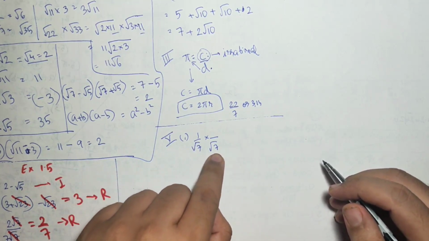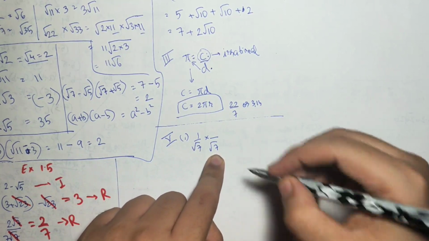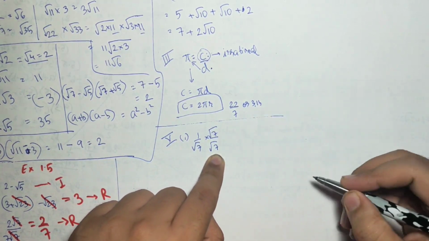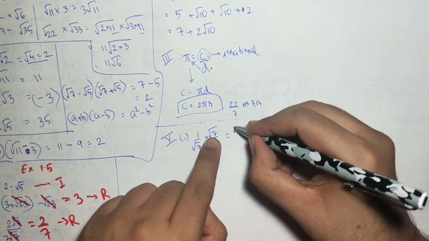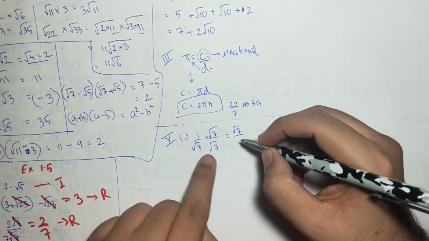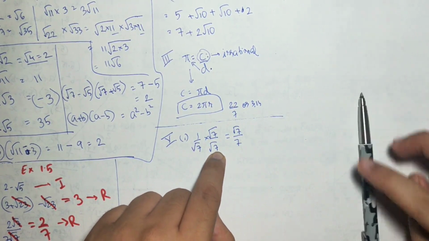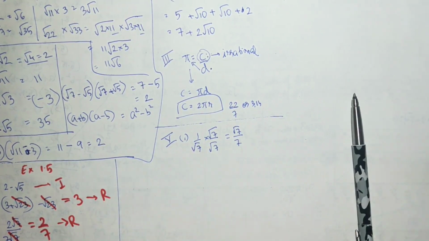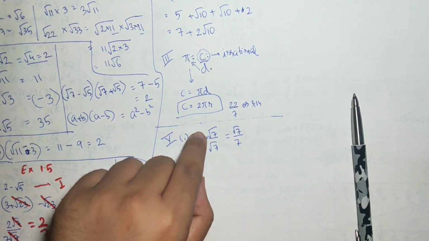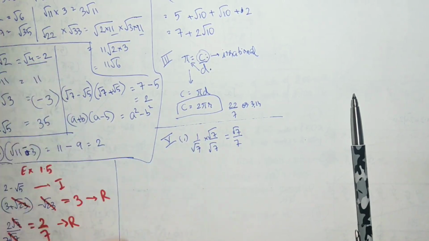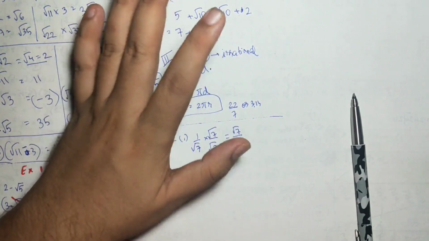So if I am multiplying root 7 in the denominator, root 7 has to be multiplied in the numerator also. So 1 into root 7 will become root 7 upon root 7 into 7 will become 7. No doubt you will say, sir, one irrational number from the denominator has moved to the numerator. So what is the difference it made? No, it made a huge difference.